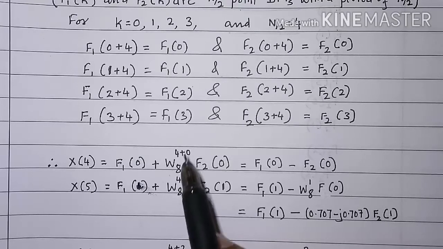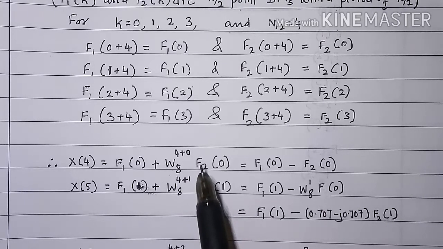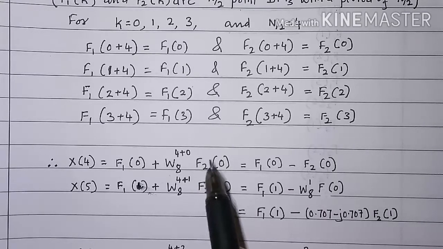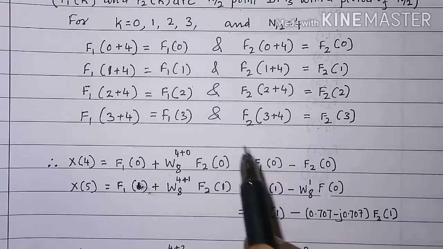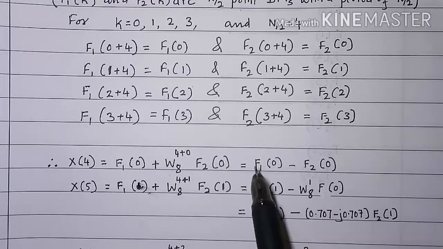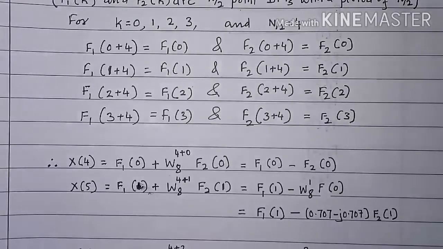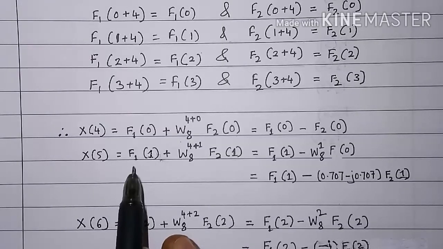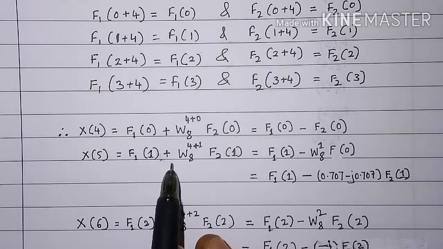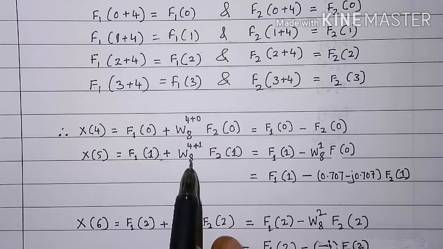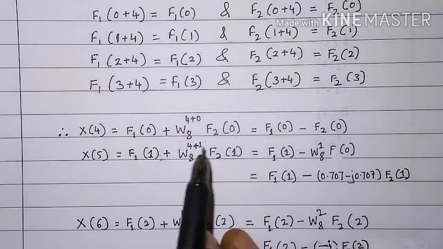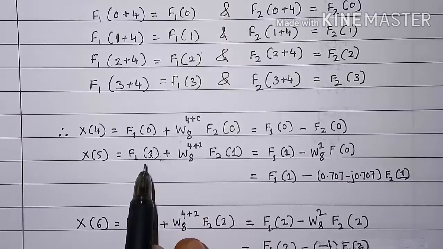w8 raised to 4 is minus 1. Therefore, this expression can be written as f1 of 0 minus f2 of 0. X of 5 equal to f1 of 1 plus w8 raised to 4 plus 1, because